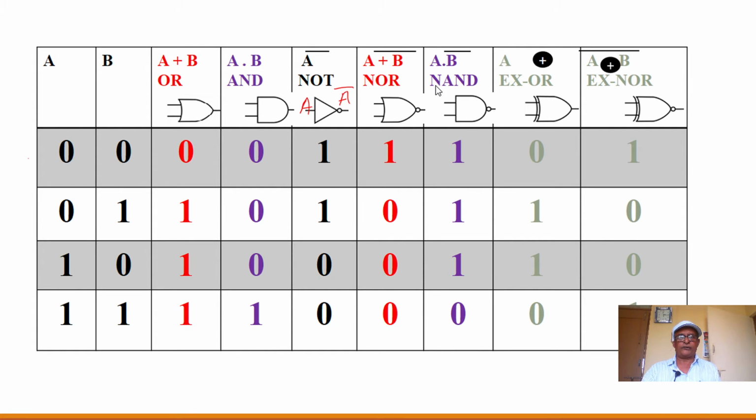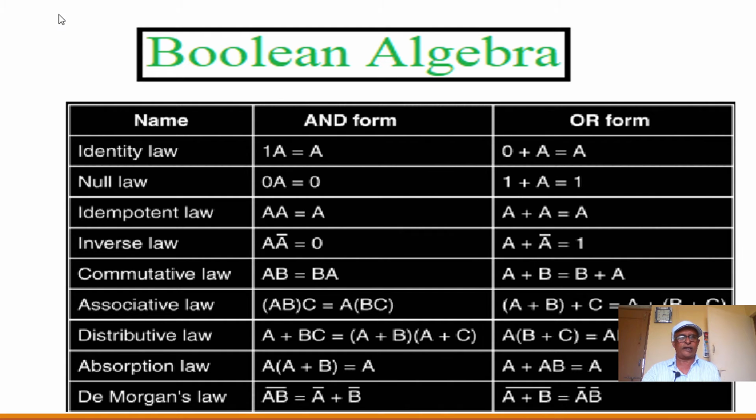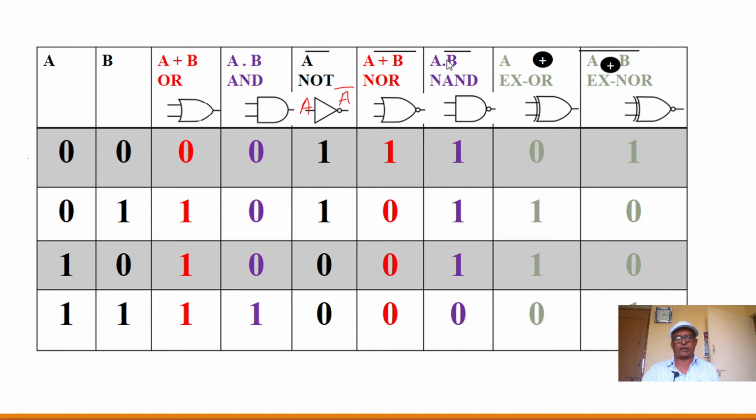Similarly, if we consider NAND gate, then it is A dot B. We want to take the complement of the product. So for the product A dot B, the output of AND gate is first 3 cases having 0 output, and there is only one output for the last case, that is A equal to 1 and B equal to 1. Now the complement of this AND gate is first 3 ones, so we get the output of NAND gate as first 3 ones. Now in this case complement of 1 is 0, so this NAND gate is the complement of AND gate.